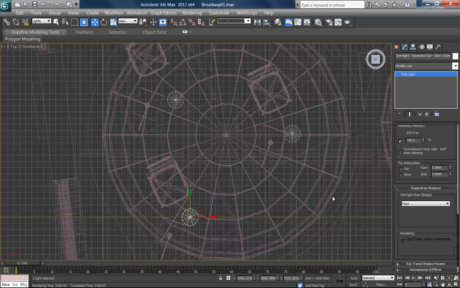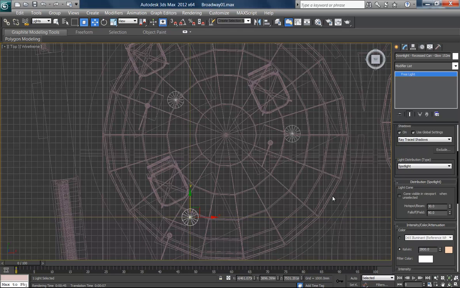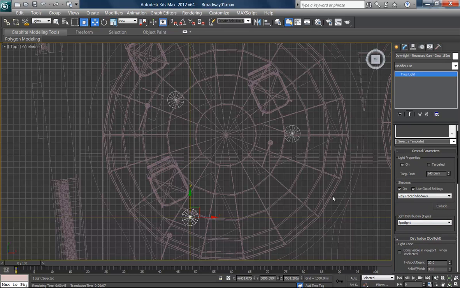So you can see now when I select the light, it comes up as a free light in the modify panel, and it's got a bunch of settings. So it's already set to be a spotlight, and we've got, you know, ray trace shadows and so on. Now, these other lights, they're the same, but if I adjust one, they're not all going to change. I want them all to change as a group, so I'm going to select one of them, and then just holding down Shift, I'm going to click and drag,